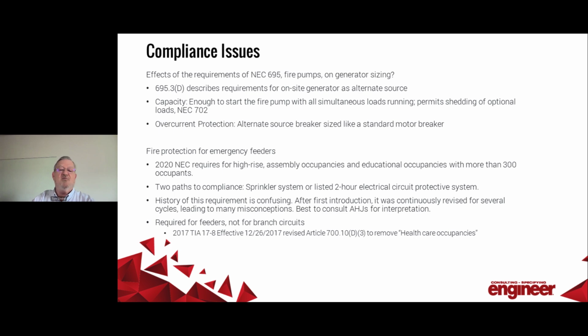695.4(B)(2) says that the normal service to a fire pump will have an OCP that's rated to carry locked rotor current indefinitely, or that it'll meet certain other criteria to hold itself closed on very high currents. So an overcurrent device served from an on-site generator, though, has to be sized according to the rules of Article 430 as if it were a standard motor. And the intent is to protect the generator from shutdown if the fire pump can't start due to excessive current, which would leave the building without a fire pump and without egress lighting as well.